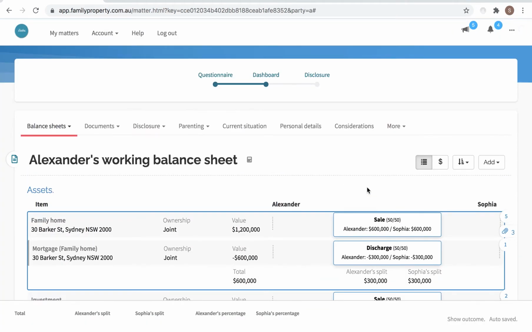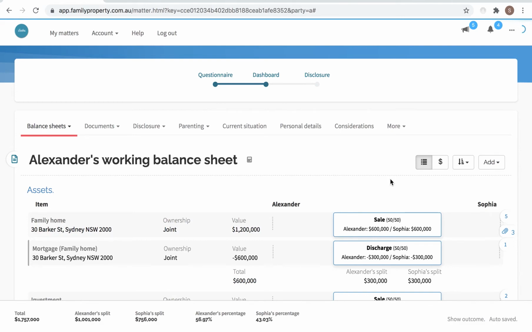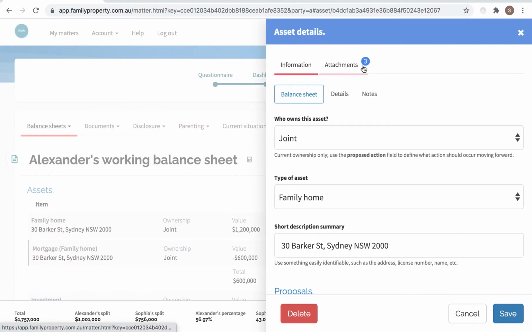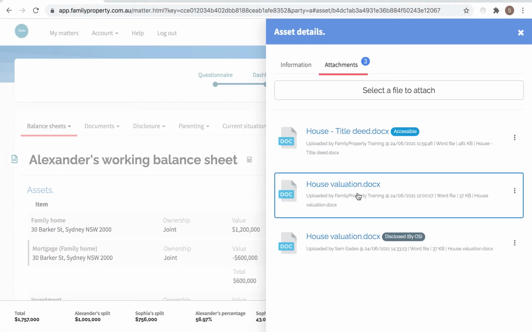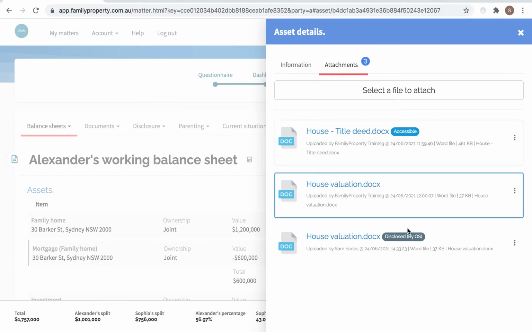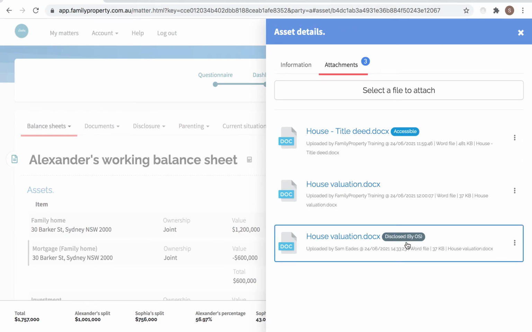And you'll see that those documents automatically come in to my balance sheet, categorized against the item that they relate to. So you can see now that I've got 3 attachments here. I can click on those to open it up, and you'll see my private document, the document that I've disclosed, and then this one here is clearly labelled as being disclosed by the other side,